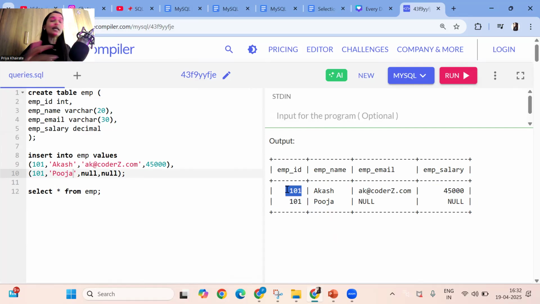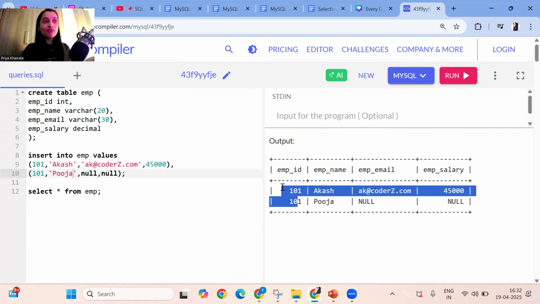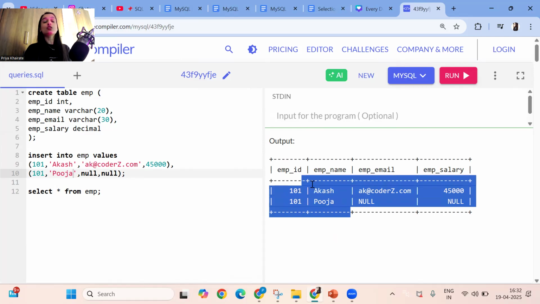Just imagine 10 users all have the same Aadhaar card number. Is it possible? If by mistake 10 users get the same Aadhaar card number, a huge problem will arise. So that's why employee IDs must be unique, guys. Whether the employee works in the organization or has left, doesn't matter. That employee ID will remain with that employee. So whoever wants to check the history of that employee can do so just by using that ID. But this ID you have repeated twice for two employees. So this is the major issue.